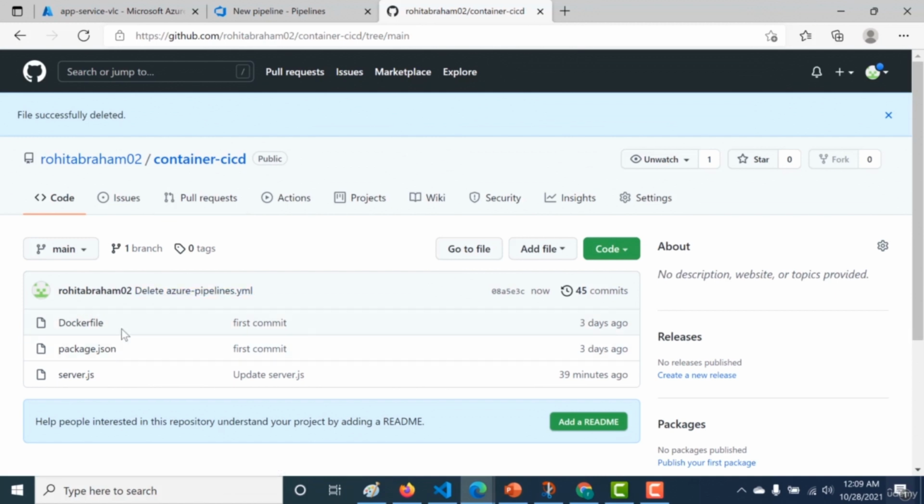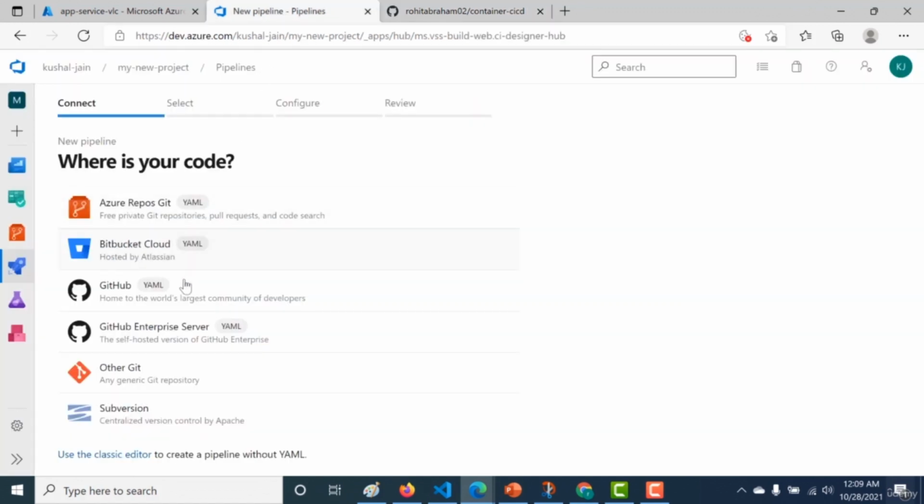And this particular container just has a package.json, a server.js, and a Dockerfile. So we'll be using this repository to connect to our container registry via pipeline. So let's go back to our new pipeline. The first thing you need to do is connect your GitHub. So let's click on GitHub